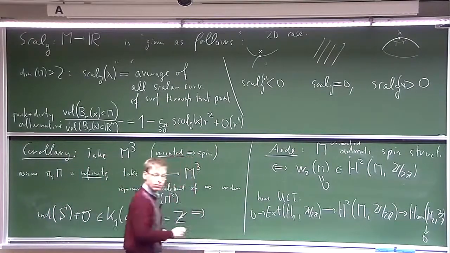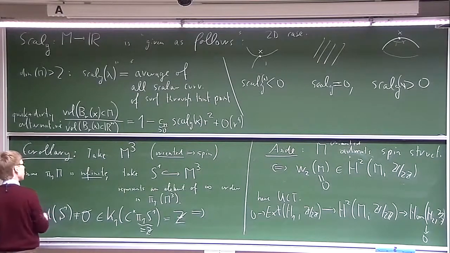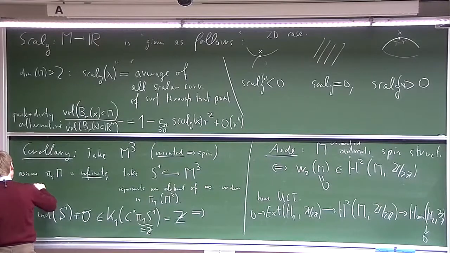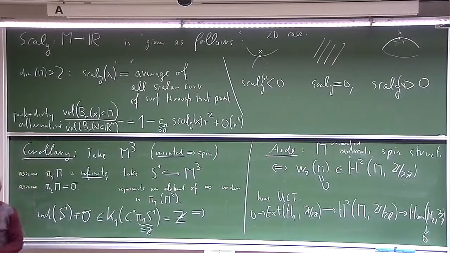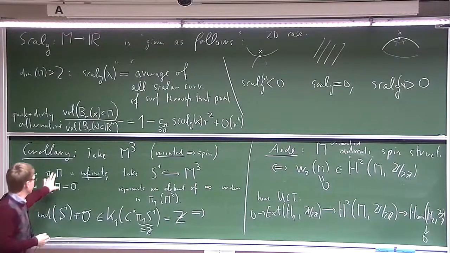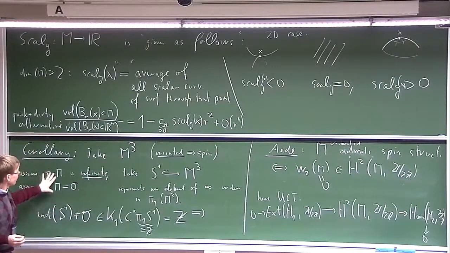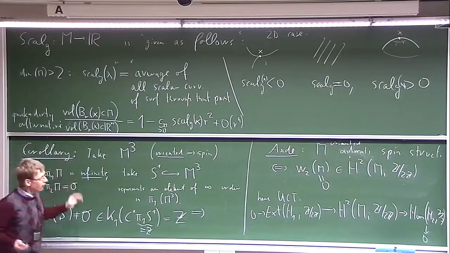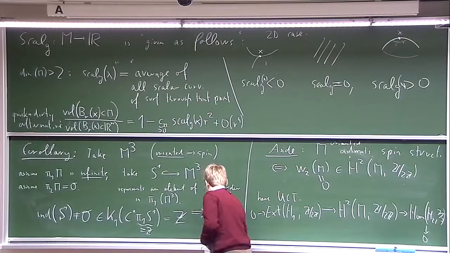Don't you need to assume that the image of pi 1 is of infinite index? I made a mistake here. I have to assume as well that pi 2 of M is trivial. Right? So S1 times S2 should have been the case you should have worried about. And with this extra condition, that's again something to work. I just told you this is automatic. It is automatic. Okay, so the conclusion is M has no positive scalar curvature metric.